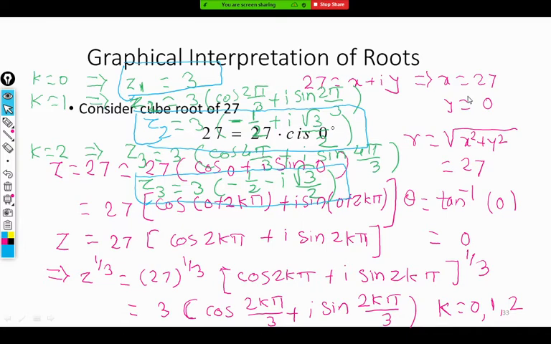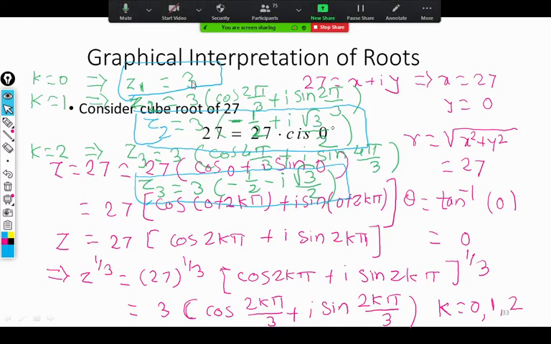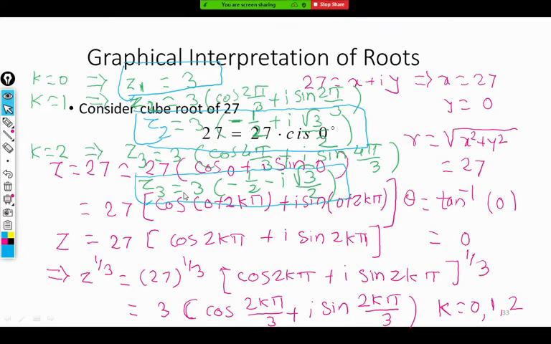Excuse me, sir. Yes. So why did we just take k as 0, 1, 2? Why not 3? I already told you, you can cross check also. What will happen if you put k equal to 3? You will get 3 again, you will get z1 again. If you replace k by 4, you get z2. If you replace k by 5, you get z3. If you replace k by 6, again you get z1. 7, you get z2. 8, z3. So it will repeat again. You will get the same roots again. So what is the purpose of repeating that?